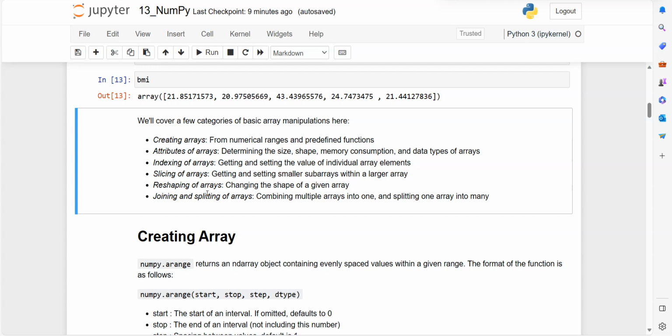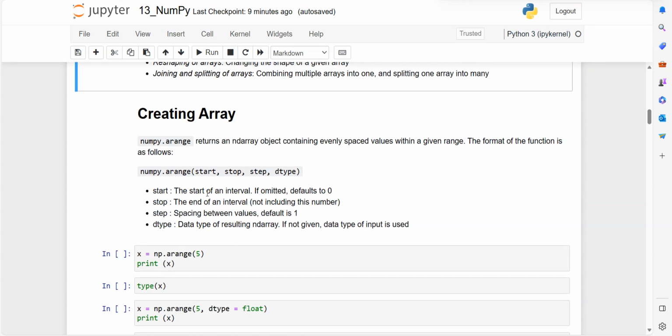So we are going to discuss this step by step. First of all, how to create an array. In order to create a NumPy array, you can use the predefined method arange. NumPy dot arange returns an ndarray, an n-dimensional array containing evenly spaced values, the numbers in sequence. So this is the general syntax: NumPy dot arange of, you need to specify the starting position or ending position, step value, incrementation, then dtype